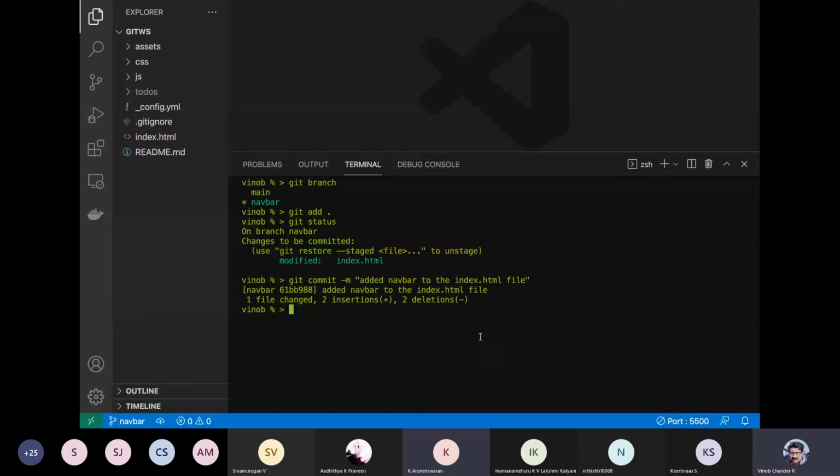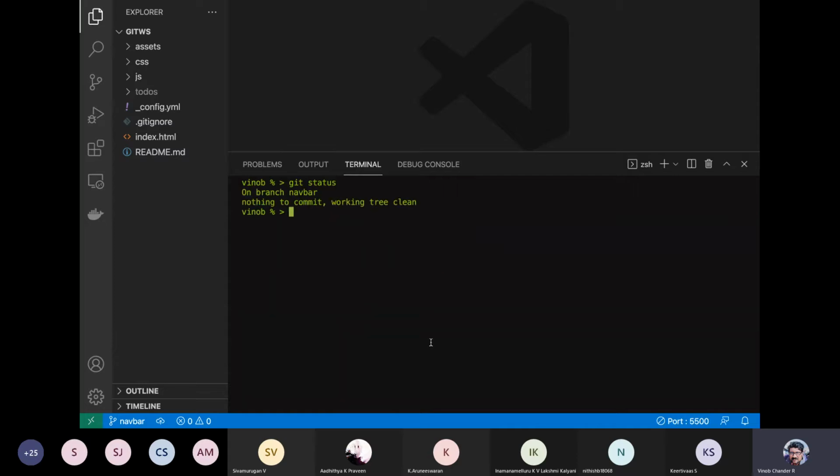We have done a staging and then we have committed it. Now we can do a git status. Our working tree is clean.